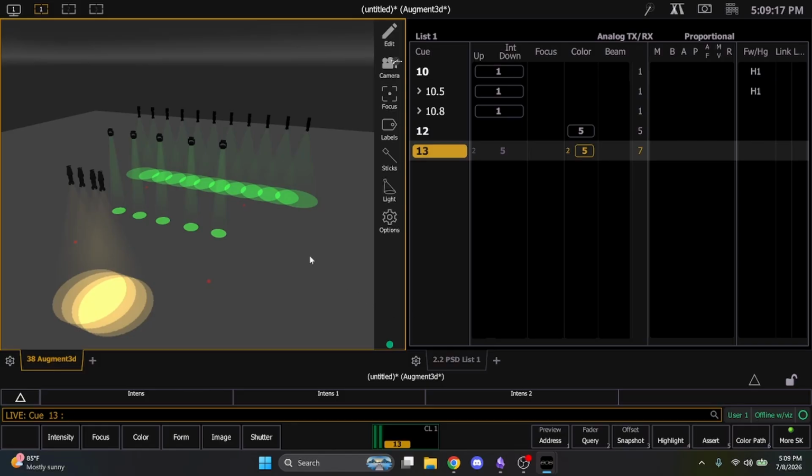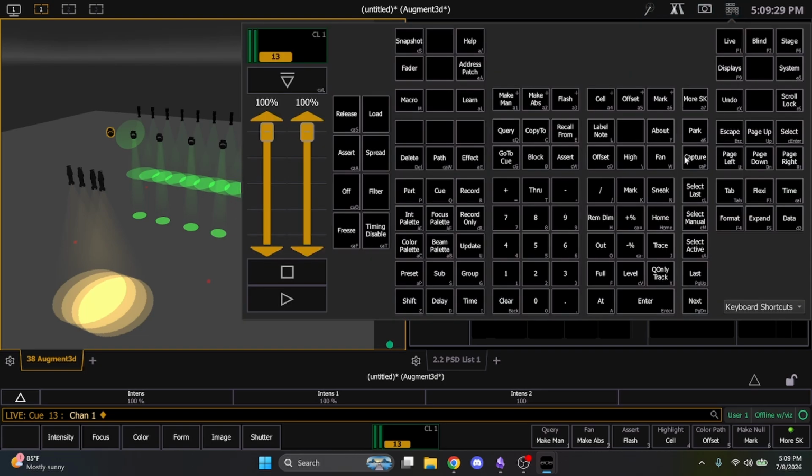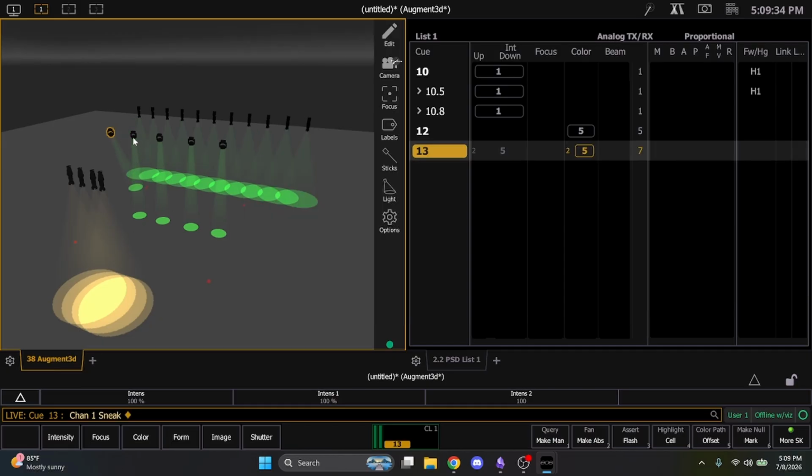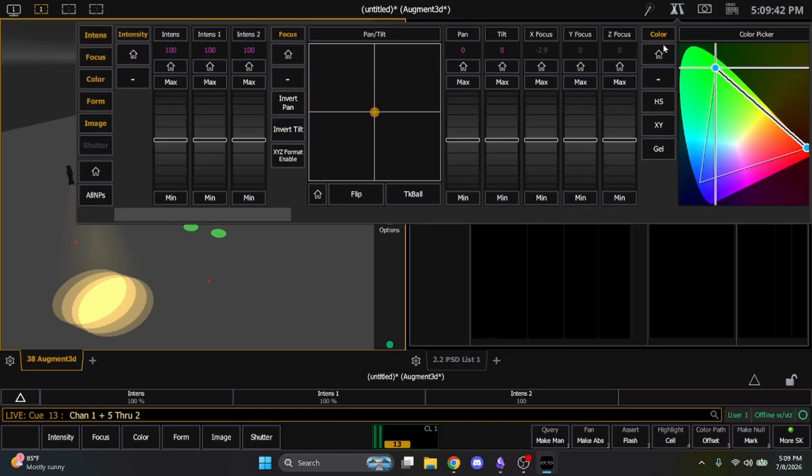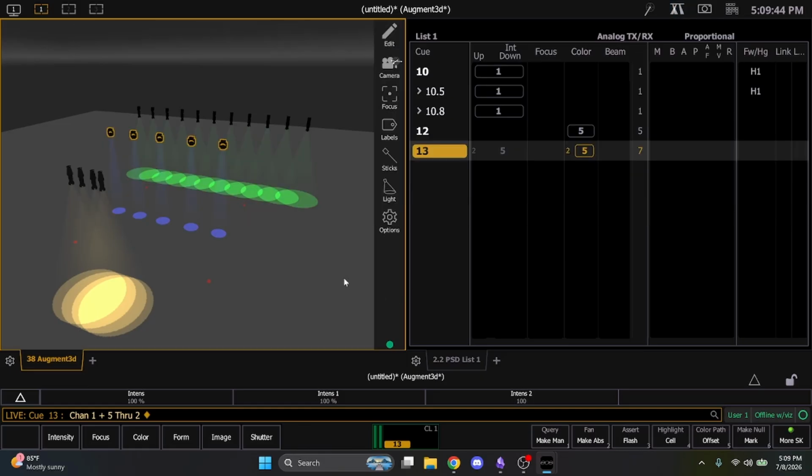So what I mean by that is, let's say we want all of these to sneak this fixture. I forgot my sneak. Oh, it's N, enter. So trying to grab those fixtures. I want these to change colors to blue now. Record